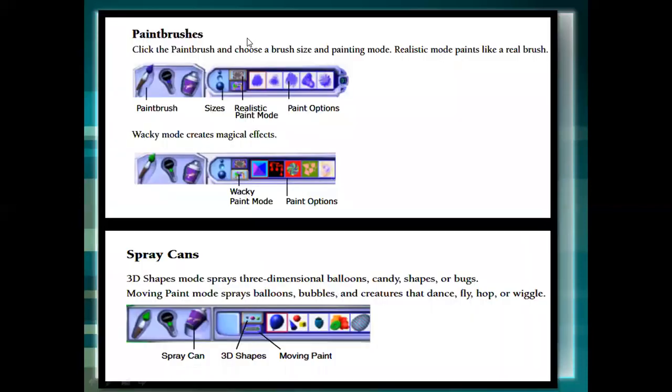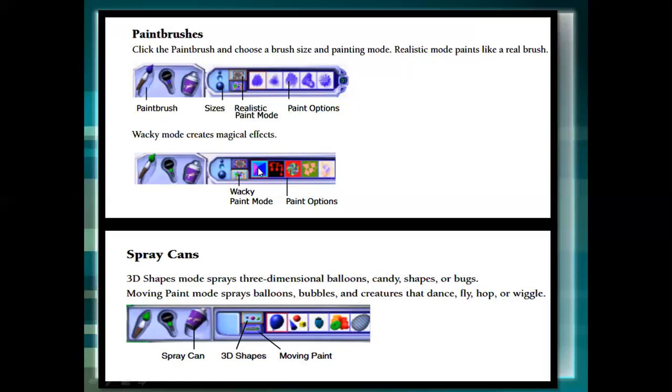I'm showing you. See, this is the paintbrush option. When I click on this paintbrush option, what happens? Three things come: one is the paintbrush, this is the mic, and this is the spray can. We will be learning only the paintbrush and the spray can. When you click on the paintbrush, you can choose the size also, and then there are 2 modes. Which type of mode do you want? If you choose realistic paint mode, then this type of mode will come. And if you choose wacky paint mode, this type of design will come. These are all some effects that we will be putting in our drawing.